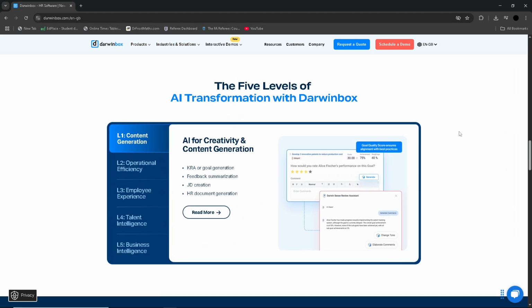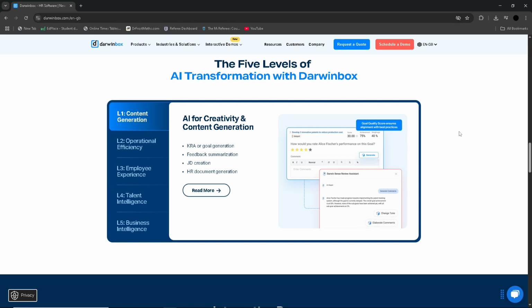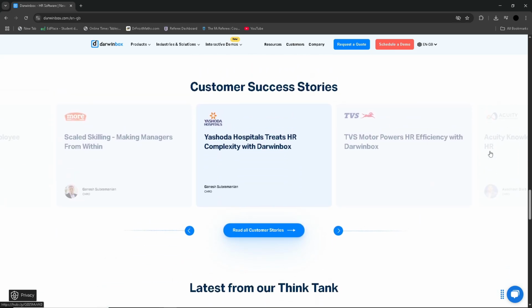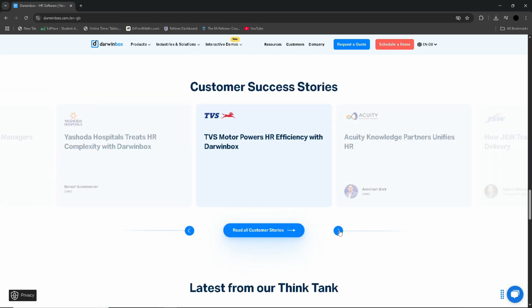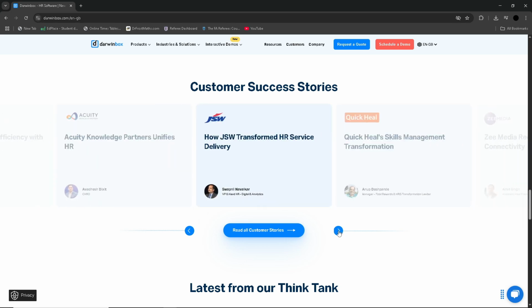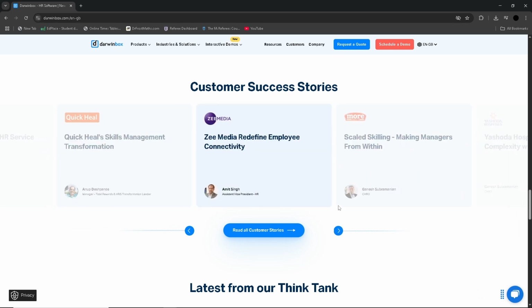Overall, Darwinbox stands out as a powerful and flexible HR platform that can support an entire employee lifecycle, from recruitment and onboarding to performance management and payroll integration. Its emphasis on mobility, configuration, and AI-driven insights makes it a brilliant choice for many different organisations looking to modernise their HR operations and centralise their workflow data. The platform's strength lies in its adaptability, regional expertise and depth in features across various HR functionalities. For companies that are willing to invest in setup, training and long-term usage, Darwinbox can offer significant operational benefits and improve